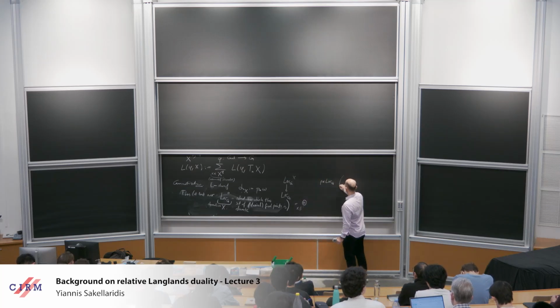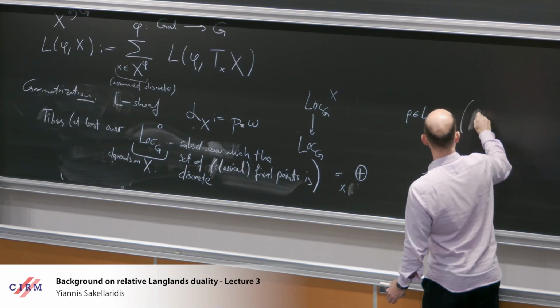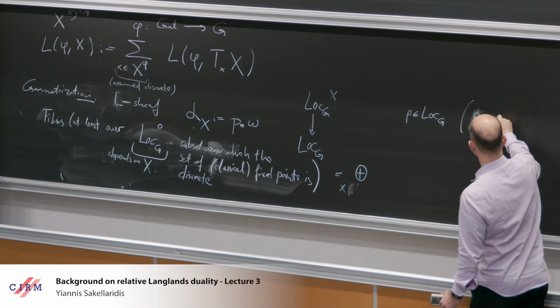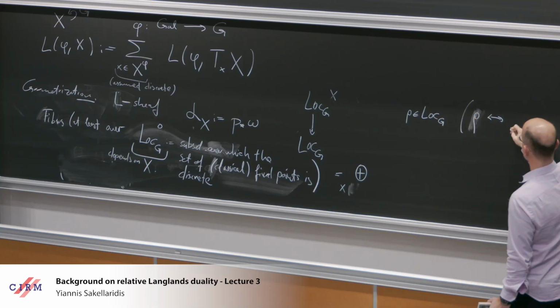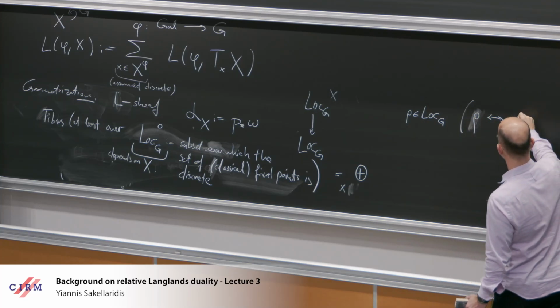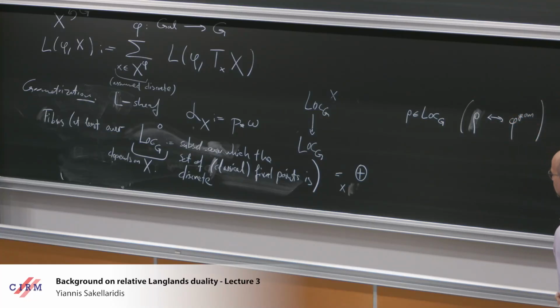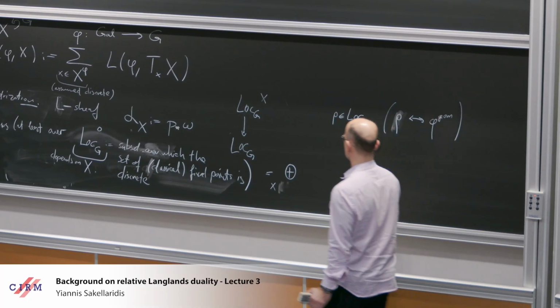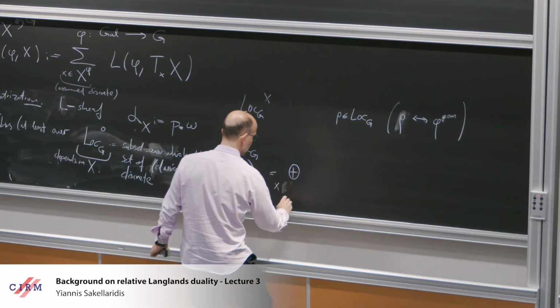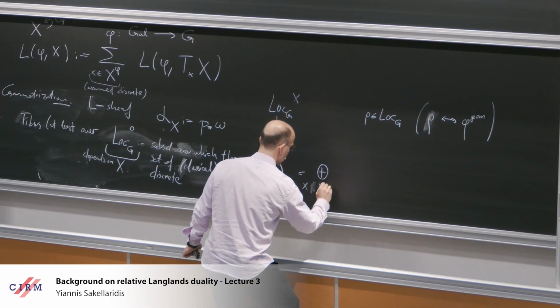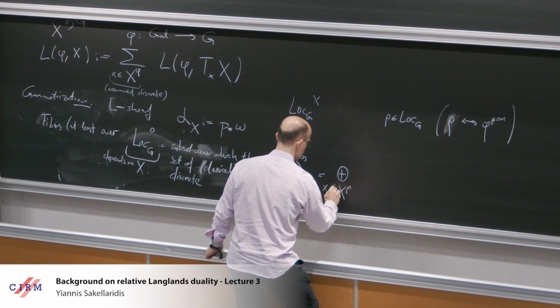So we associate rho, something like, at least in the Betti setting, corresponds to the restriction of a Langlands parameter to the geometric fundamental group. So here I'm going to take the set of rho fixed points on X,